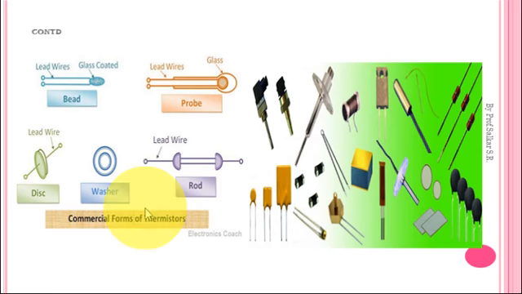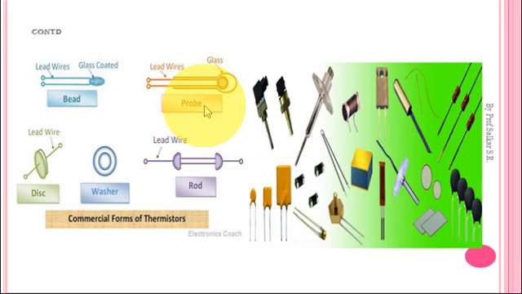Now in this diagram you can see different forms of thermistors, and here is the 3D view of the thermistors. The first type is the bead type. Bead type thermistors are oval in shape. In this, a powdered mixture of cobalt, nickel, aluminum, manganese is used, and then it is coated with glass on the upper side, and two lead wires are taken out to make the connection of the thermistor in the circuit. So this is the bead type of thermistor.